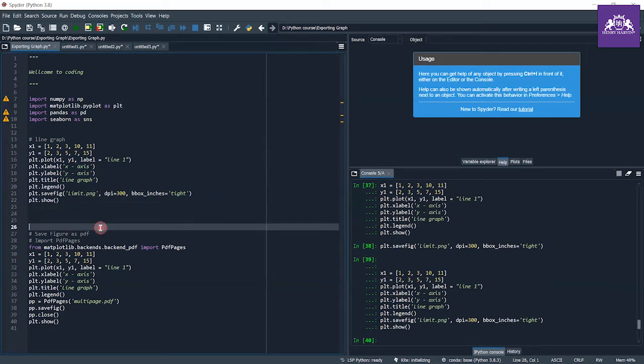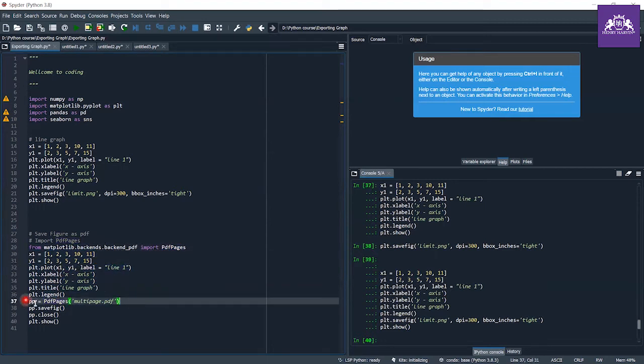If you want to save the figure as PDF, then you just have to import this from matplotlib backend PDF import PdfPages. Through this PdfPages, you can save your chart in PDF format, and after that, I just specify the same things as for the line.